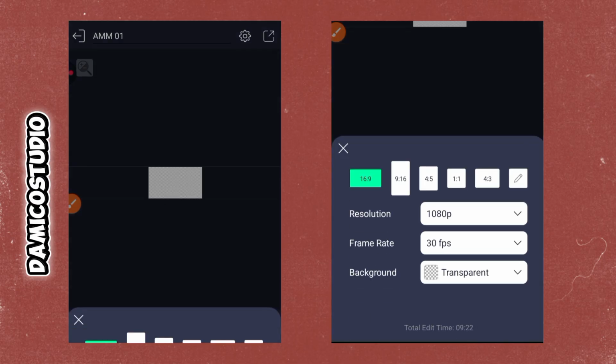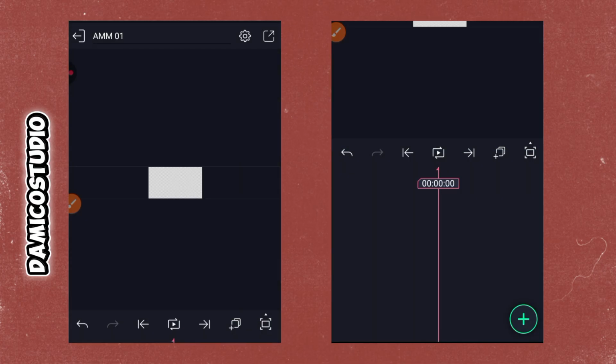So this up here, the settings, is basically what you saw when you were about to open the project file. Let's say you made a mistake while opening it and you change your mind. You want to make a correction, readjust the aspect ratio of the video, change the frame rate, or change the background. You can do all of that by clicking on the settings button. And when you are done with your design,